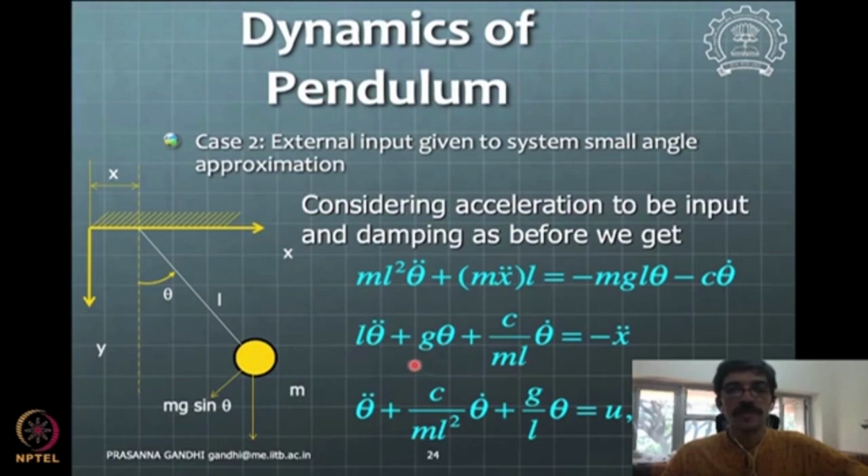So with this term, acceleration, considered to be an input to the system, and further the damping considered in the system, you now get this kind of equation. So this is now a simple spring mass system. You can see the second order spring mass system with some kind of external force applied on this system. And with this force, now I can define a control problem that, okay, develop this u in such a way that this theta goes to 0,